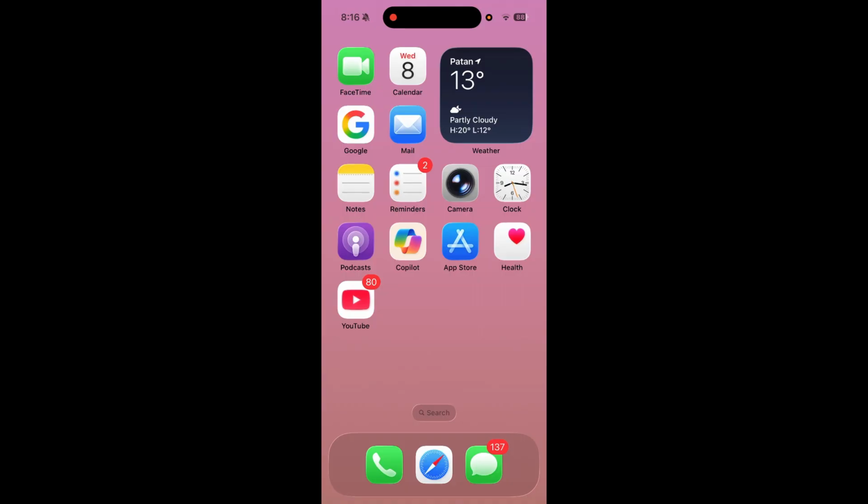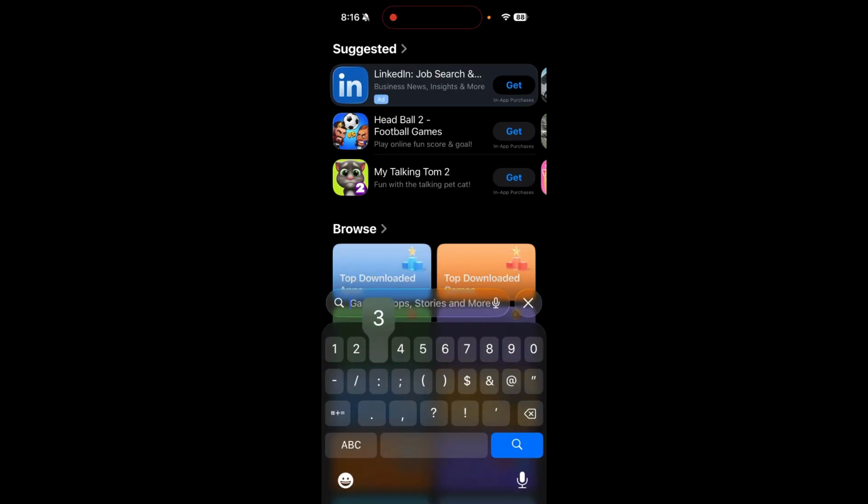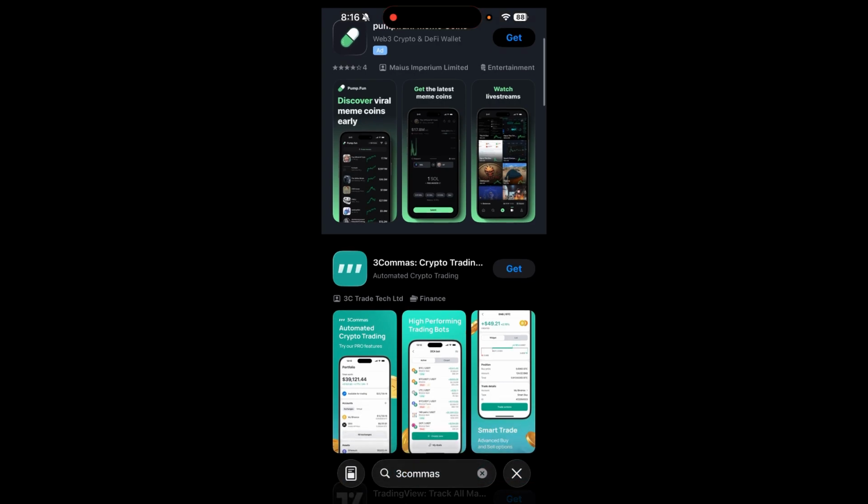So first you need to unlock your iPhone and tap on the App Store on your device. Over here you need to tap on the search icon at the bottom and type down 3Commas and search for it, and you need to look for the official 3Commas app. Over here we can find there's an option for the 3Commas crypto trading. Over here check the logo and the developer name to avoid the fake apps and tap on the get beside